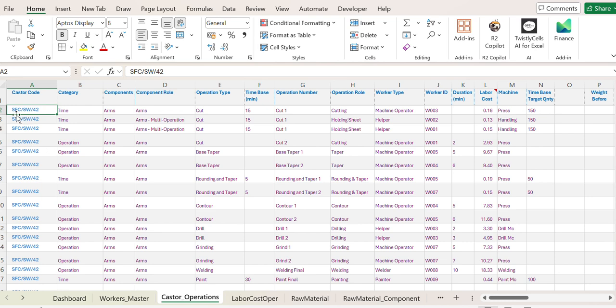These are the types of casters. I created the record, and this is how all this data is entered to create the cost of that product. There are caster components, and I have added their operation numbers, names, who worked on that operation, the worker ID, the labor cost, and on which machine, time based,